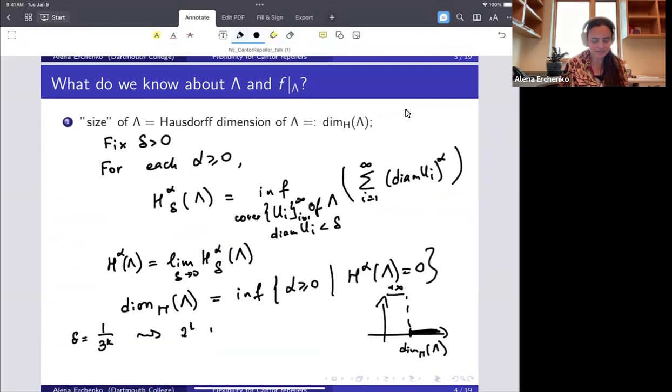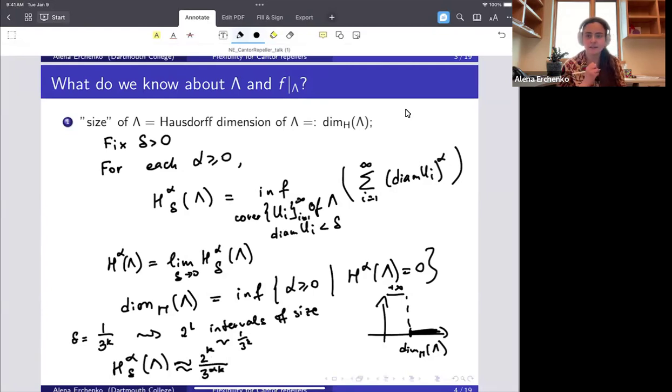So if delta is of this size, then basically we need 2 to the k intervals of size roughly 1/3 to the k to cover my Lambda. And so if I try to compute H alpha delta of Lambda, it's roughly 2 to the k divided by 3 to the alpha k. And then saying that my delta goes to 0, which would mean my k goes to infinity,